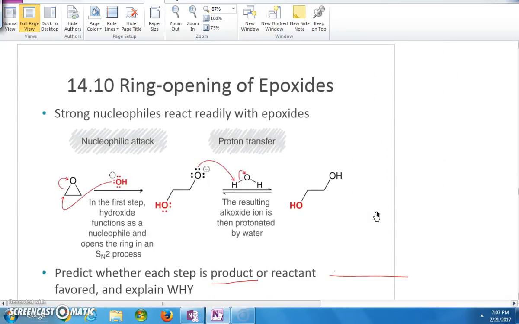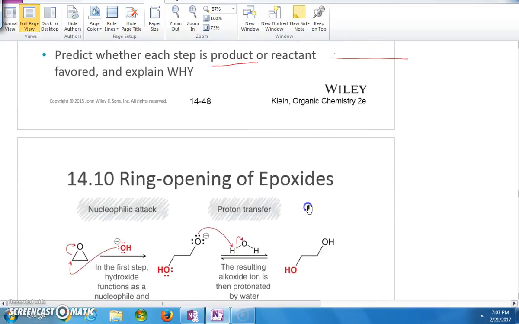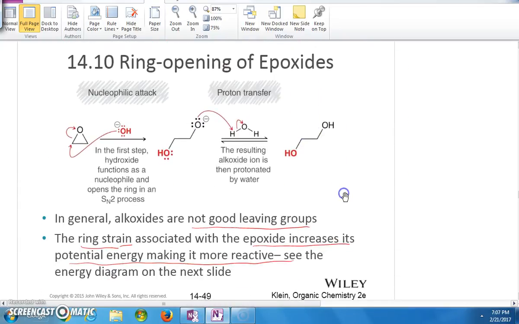Now, strong nucleophiles readily react with epoxides. They can attack either of these carbons because each of these carbons is electrophilic, right, and in this case, if it's attacked by an OH minus or hydroxide, then you get the 1,2 diol. So in general, alkoxides are not good leaving groups, but because of